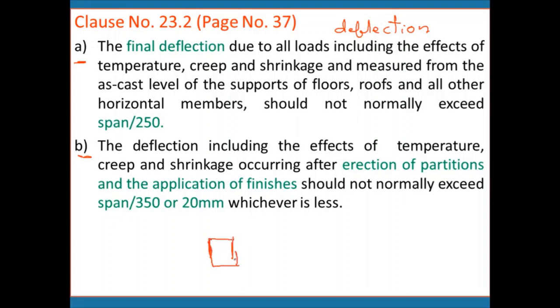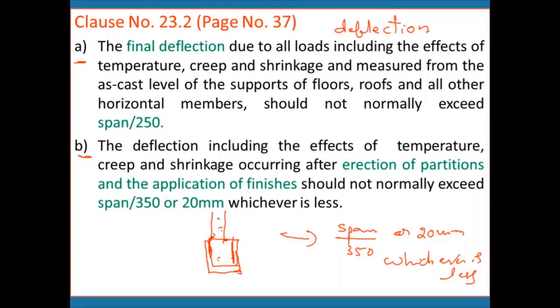Then above the beam you may need to construct partition walls, and you should also apply the finishes. Then whatever the total deflection is, that should not exceed span by 350 or 20 mm, whichever is